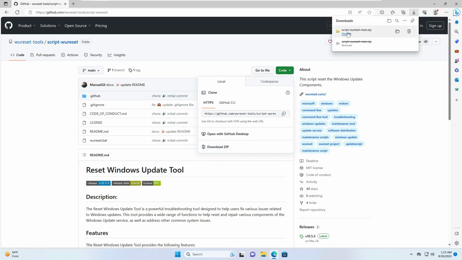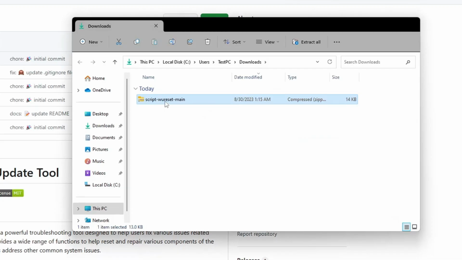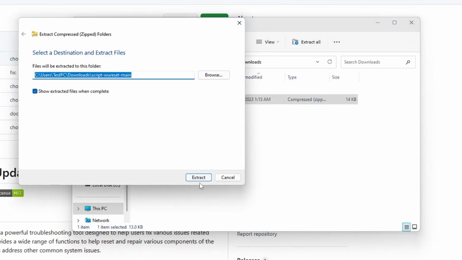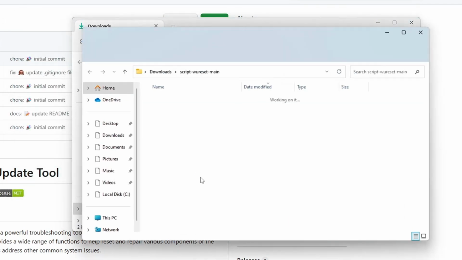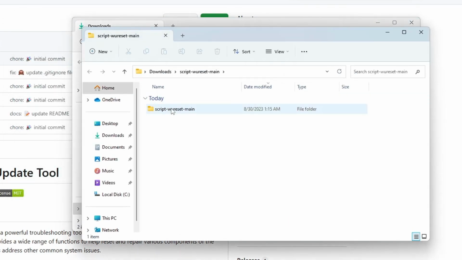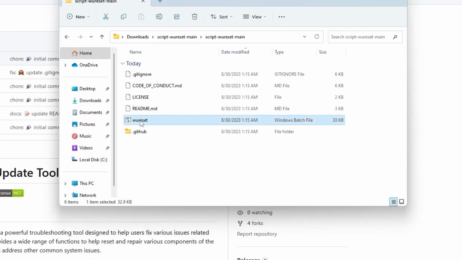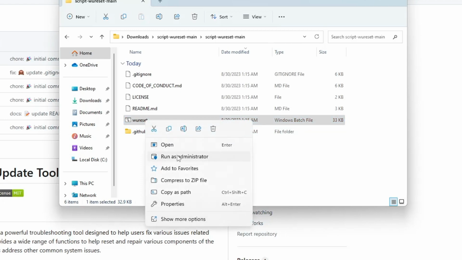Once it is downloaded as a zip file, open the folder, right click on the zip file, then click on extract all, choose the location where you want to extract, then click on extract. Once extracted, you will get this kind of folder, double click on it. And now here you will get a file by the name WU reset. It's a Windows batch file and it will do all the work for you. So right click on it, choose run as administrator,